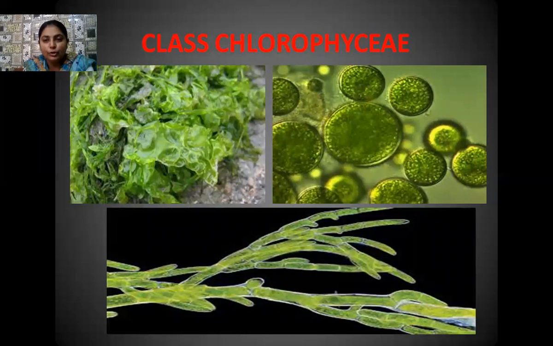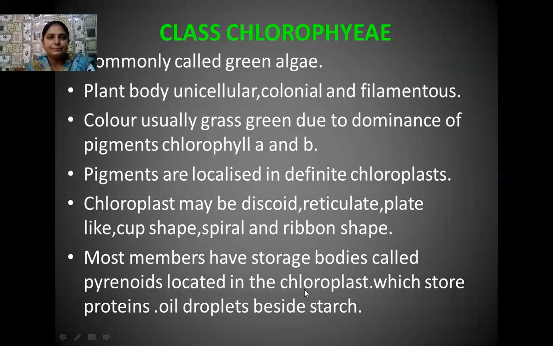And second, I have shown you the picture of the Volvox algae. So this is not a single cell, but masses of so many cells which are living together, and they are joined with each other with the help of their flagella. So these are the colonial Volvox algae. And the third picture is the complex multicellular algae known as Chara. So it seems to be like the branches of a tree.